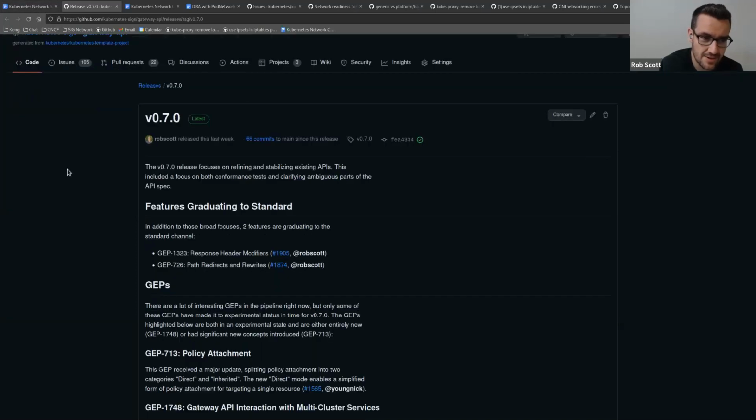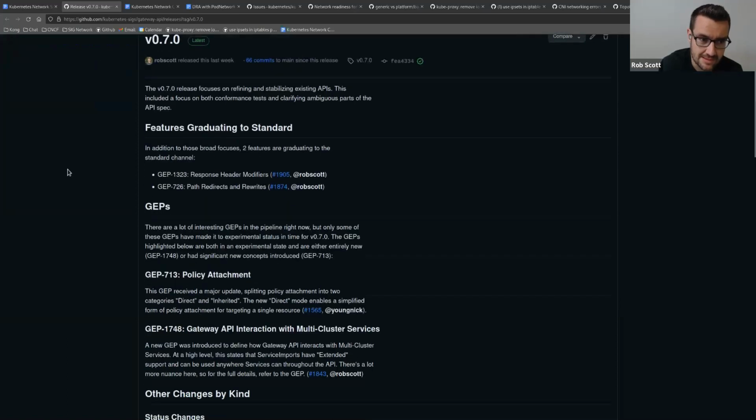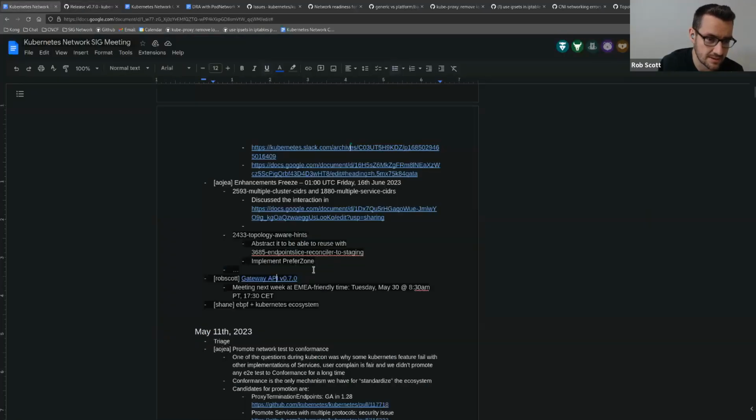So 0.8.0 is probably, I would say, 1 to 2 months away. Less than that, that's the goal anyways, and I think we're on track for that. And then finally, we're looking at a 1.0 in October. So 1.0 would include GA of GatewayClass, Gateway, and HTTPRoute.